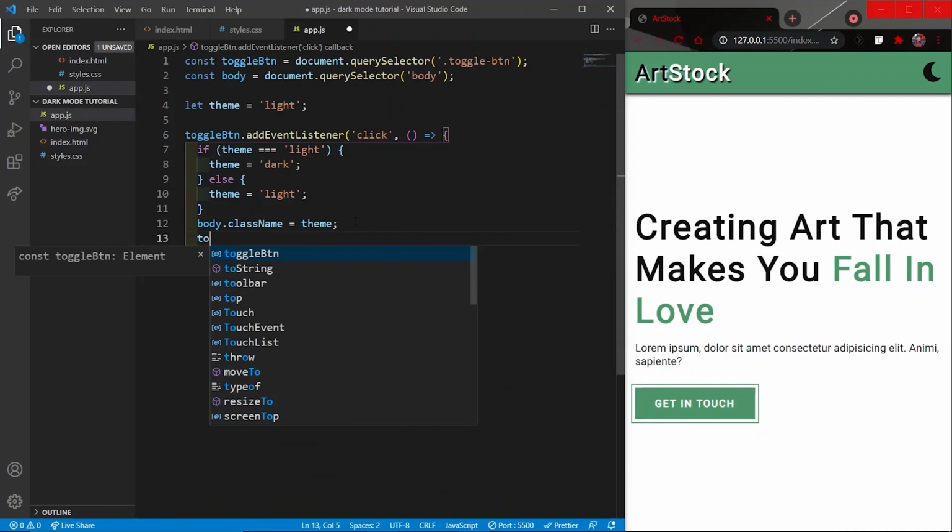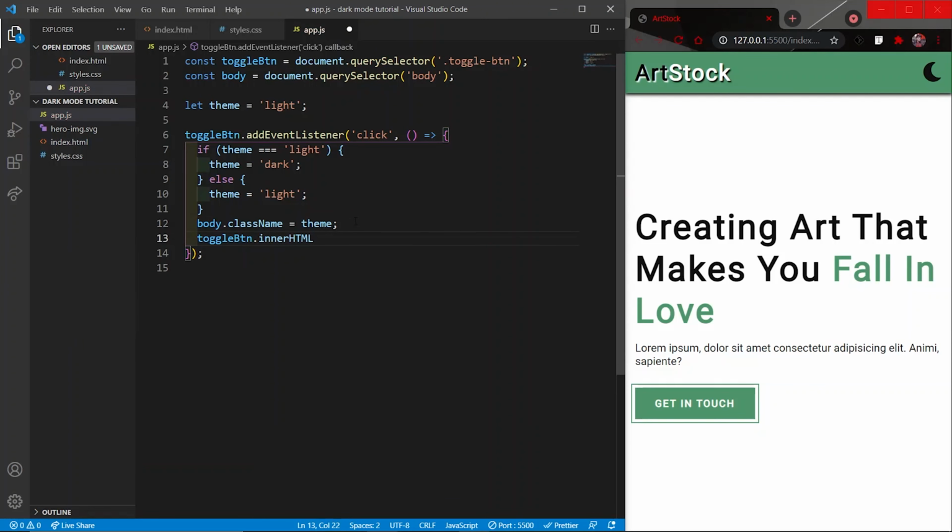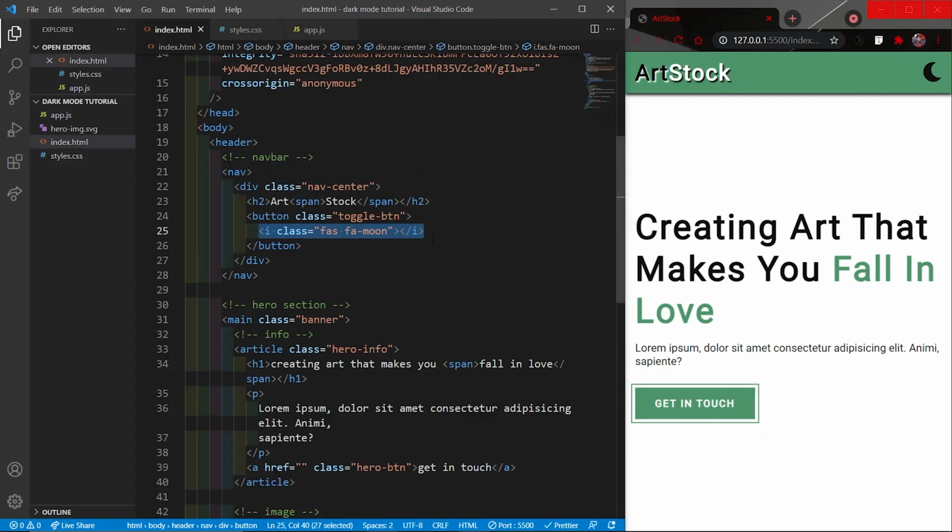So we will select the toggle button here again and use the property innerHTML, and then I will use the i tag. Okay, let me just copy it from here to avoid any spelling mistake.